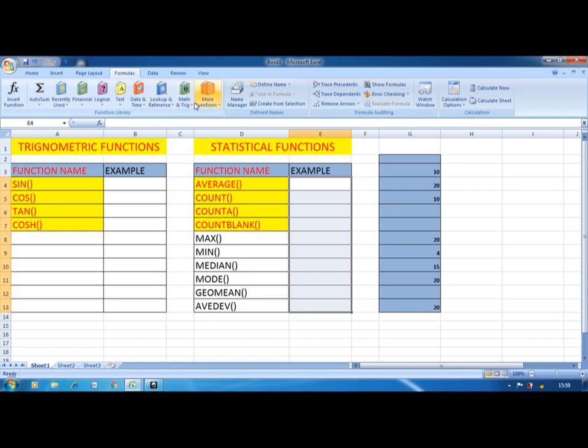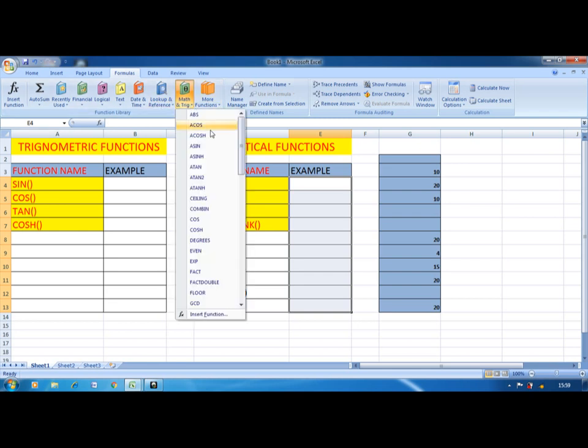Different trigonometric functions are available here, like ACOSH, ASINH, ATAN2, ATANH. These are all related to scientific functions.